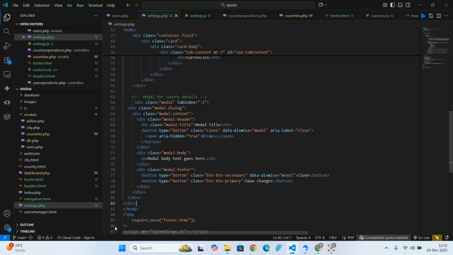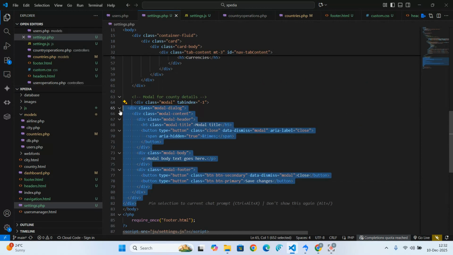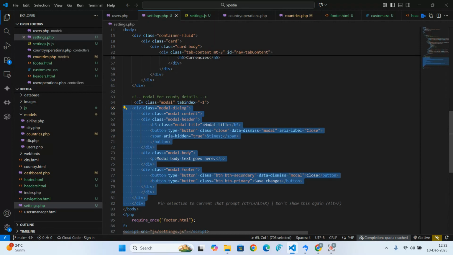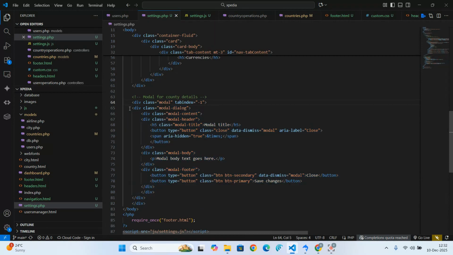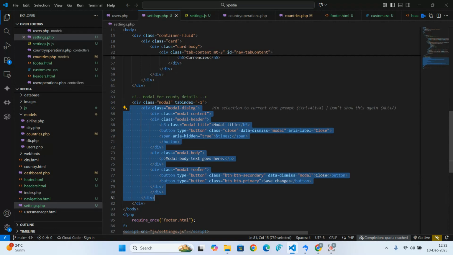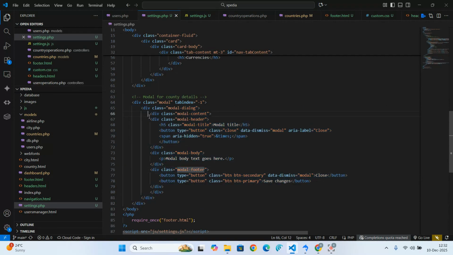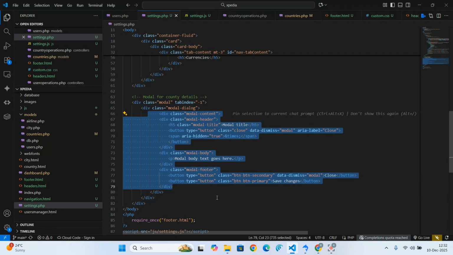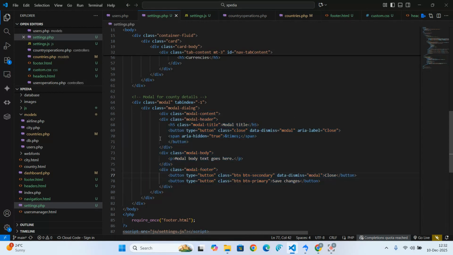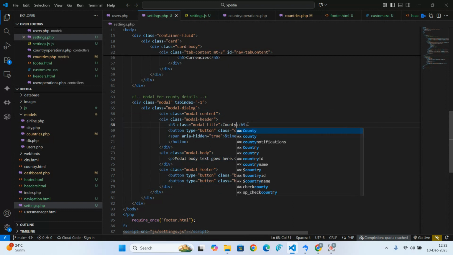So I'll copy and paste it down here. I'll move it inside like that. I'll move this one outside. So everything has to be inside the model. Then the model has content, so everything has to be inside content. Then there's model header, model body and model footer, so they are perfectly okay. So for the title, I'll simply say country